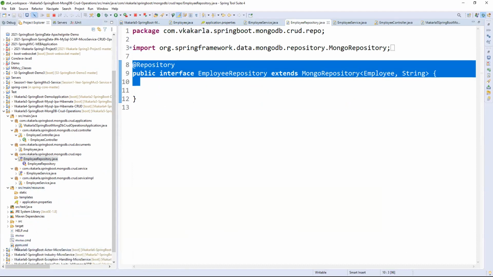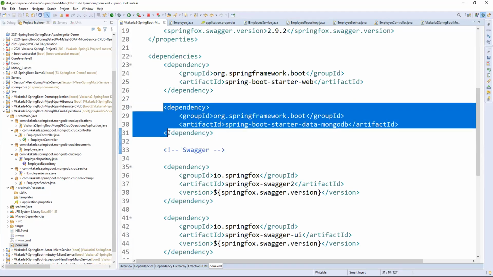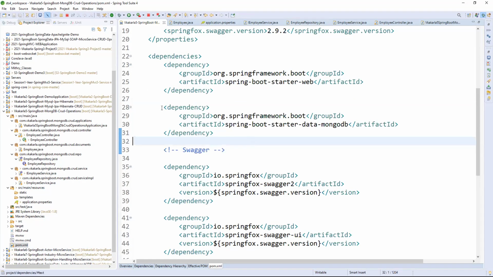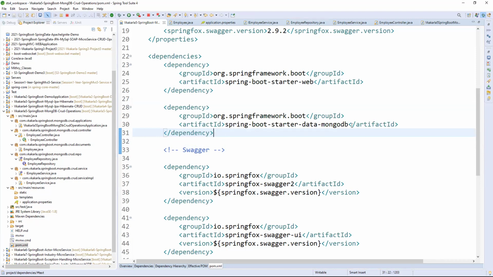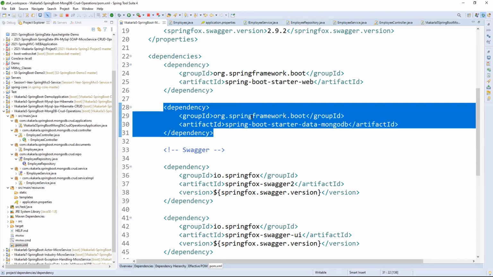One more feature is dependency and version complications. We are not having any dependency management problems or version complications here. Are we giving any version for MongoDB? No, right? Spring Boot will take care of the versions because of the starter project. Because of the starter project, pom.xml automatically downloads the compatible version for our application.